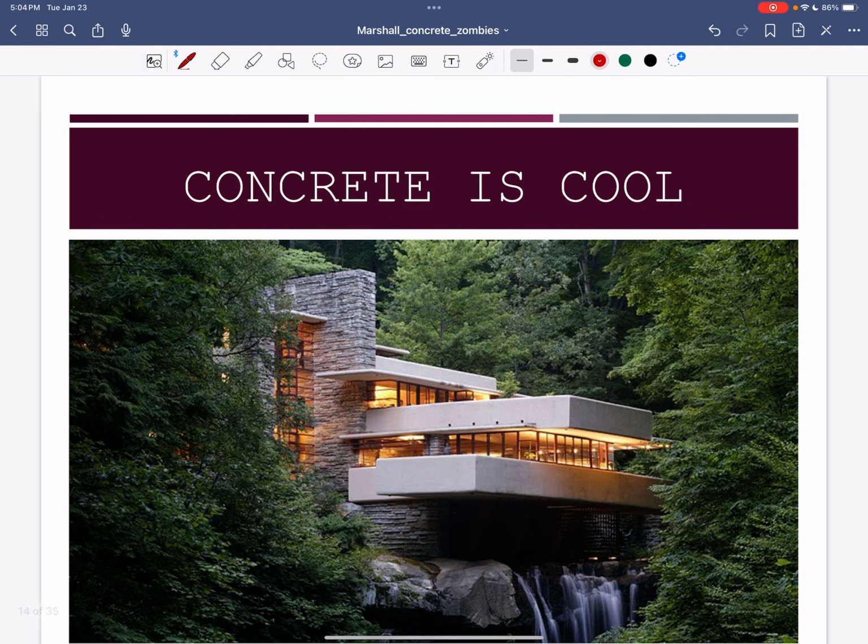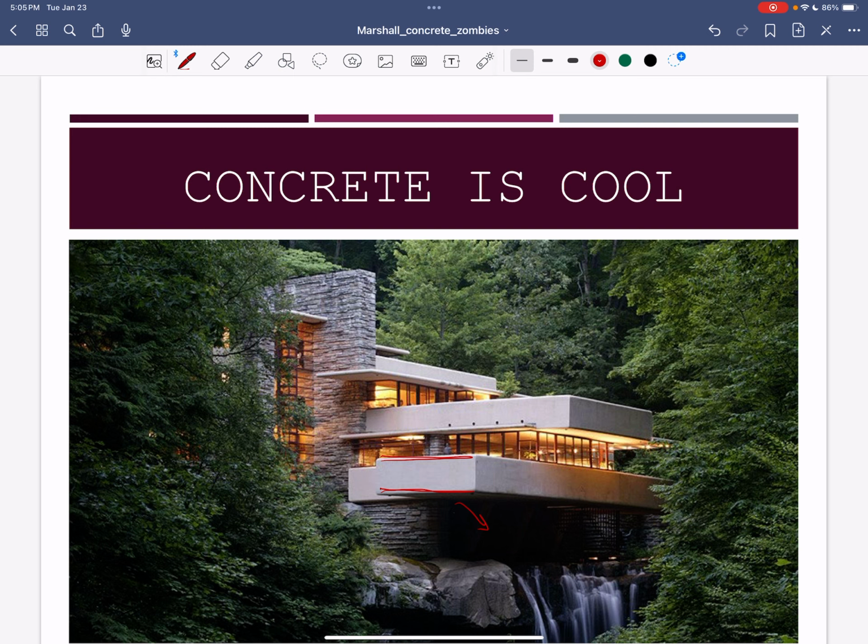And finally, I'll just end that concrete is cool part here with the slide of Frank Lloyd Wright's Falling Water. This is one I'll talk about a little bit next week. I would say just notice that these overhangs, which are called cantilevers, are kind of sloping downward. Okay, so I worked on the project that helped fix Frank Lloyd Wright's Falling Water. It's been probably 20 years at this point, but we'll talk about that one next week.